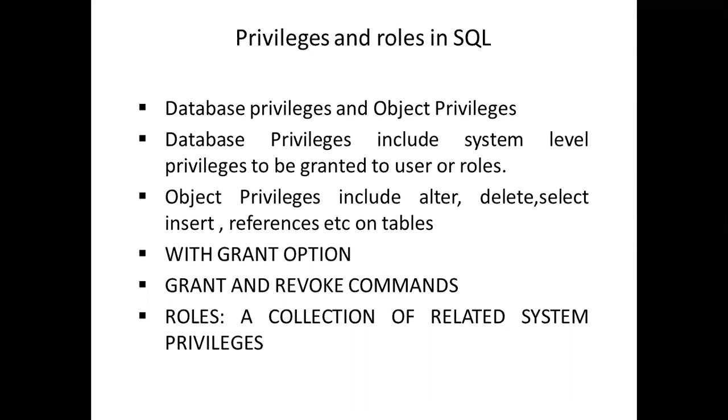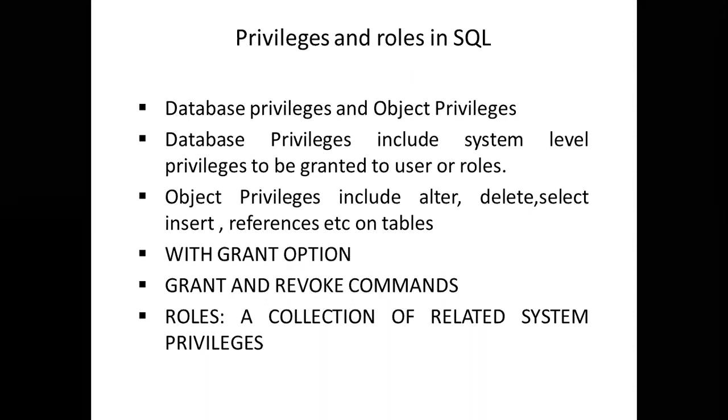So two types of privileges could be there. One, usually known as a database privilege or system privilege, is given by the DBA to users in a multi-user environment, whereas an object privilege is usually given by the owner of the object to some other user or users. System privileges are alter, create, delete, these types of privileges, whereas object privileges are the access which a user can give on his objects.